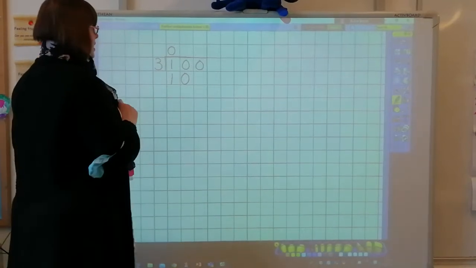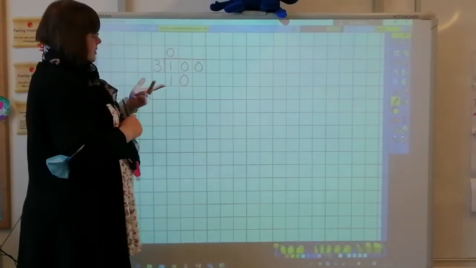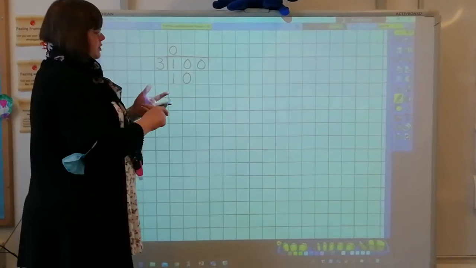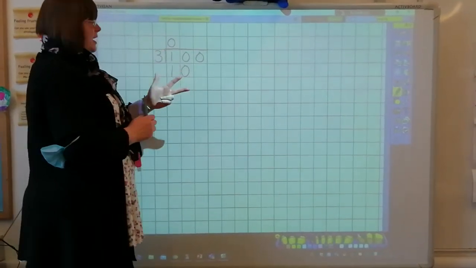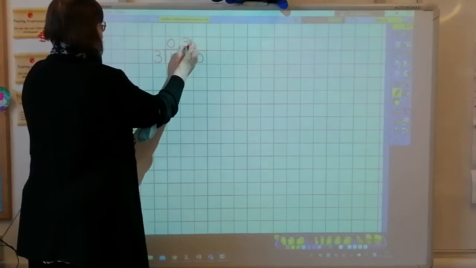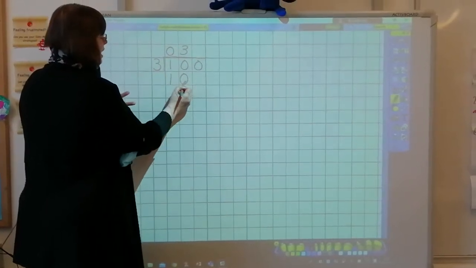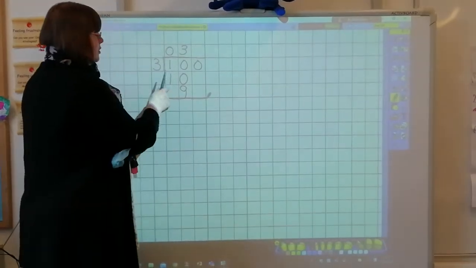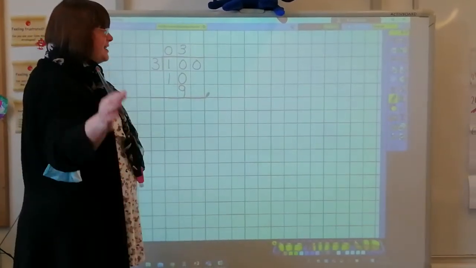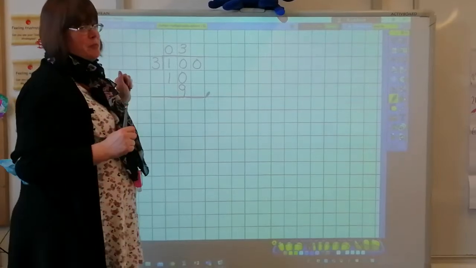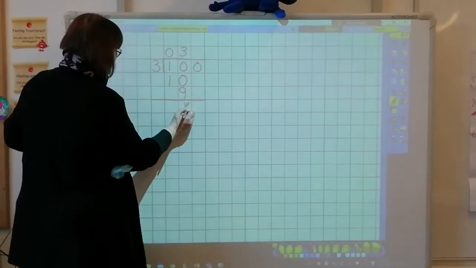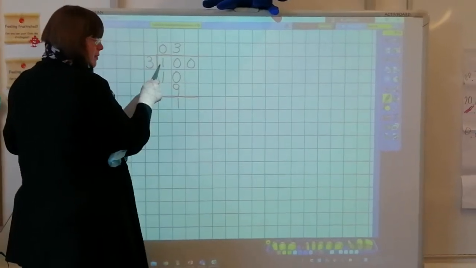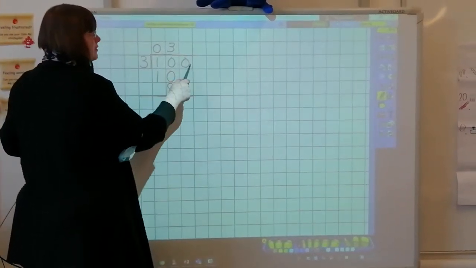So, counting 3s. 3, 6, 9, well the next one would be 12 and that's too many. So I'm going to stop at 9. So that's 3 sets. 3 sets of 3 is 9. So that is what I'm going to take away. I'm going to do 10 take away 9. What's the answer? Yes, I hope you all shouted 1 at me. 1. Okay, so then because we know 3 doesn't go into 1 from here, we drop the final 0 down